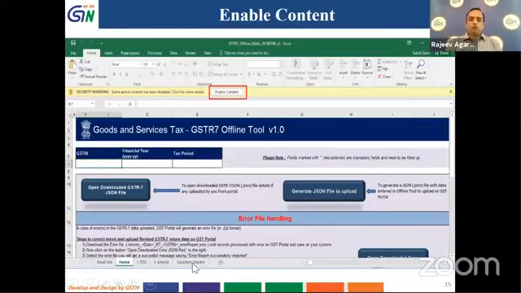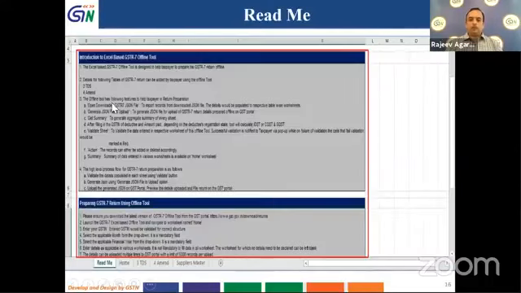How we are going to go about it is that since home opens up, we are seeing the home, and then we will see the readme section. Then we will go to supplier master section and then see the 3 TDS and 4 amend. So that's how the sequence will be. So what you have to do is that you have to enable content. As soon as you enable content, readme section will open up. You go through the readme section carefully to see what details have to be filled in.